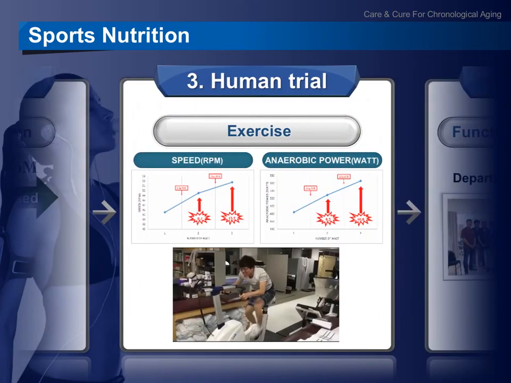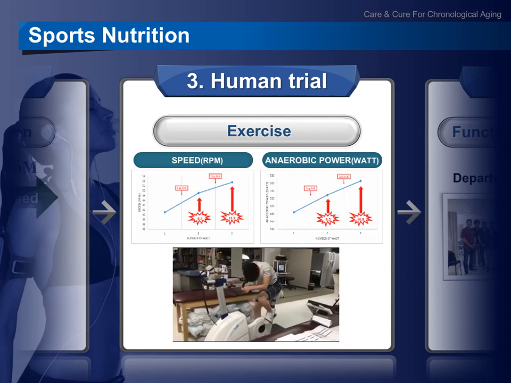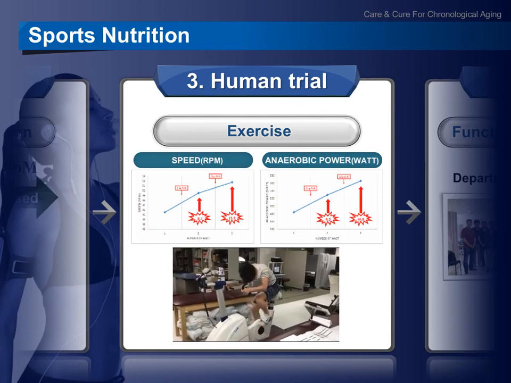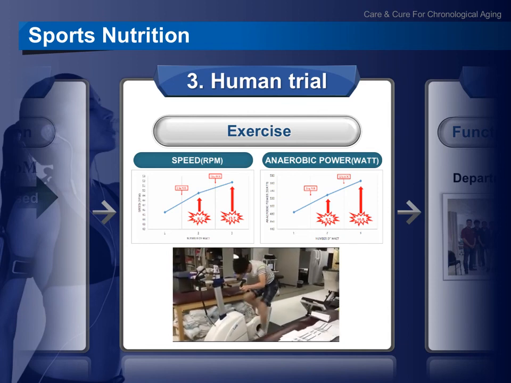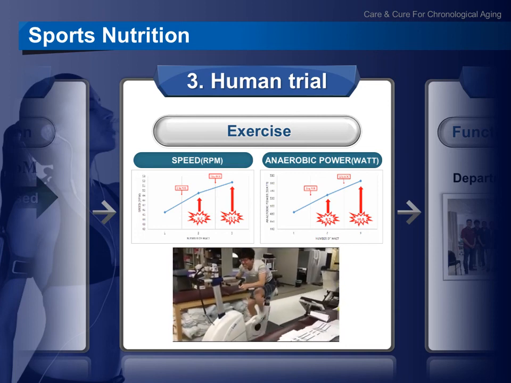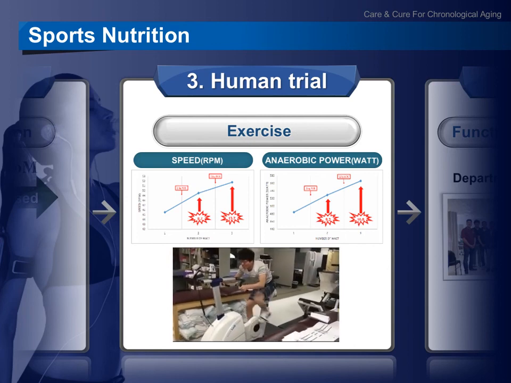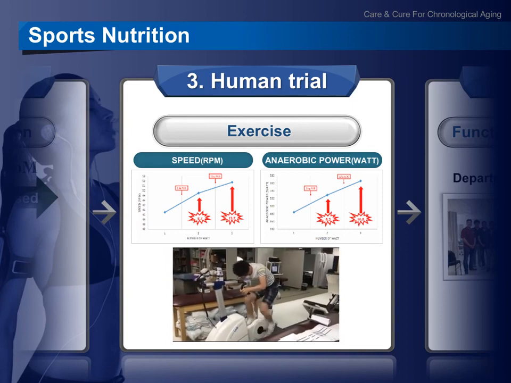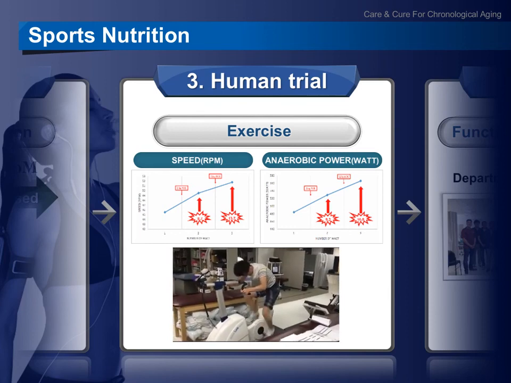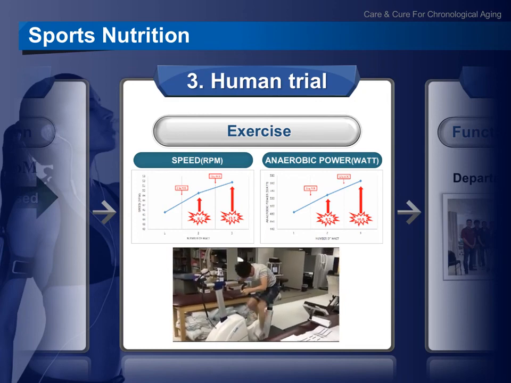In our pre-trials for future human trials, we saw the effects of OligoM and exercise on aerobic performance. OligoM increased the cycling speed and power of subjects who drank OligoM 2 times using the Wingate experiment. From this pre-testing, we saw that after heavy exercise, there was no evidence of muscle pain caused by lactic acid accumulation in people who took OligoM. Thus, we discovered that OligoM activated gluconeogenesis to convert lactic acid in muscle into glucose in the liver.